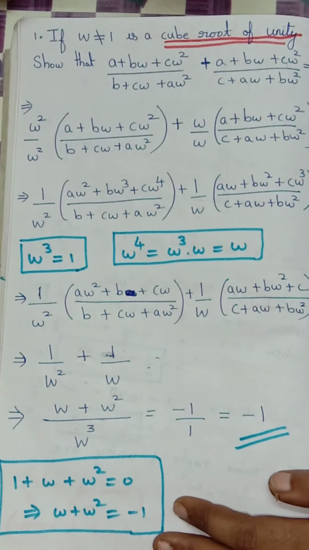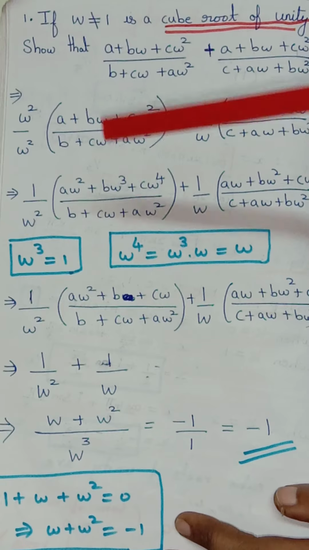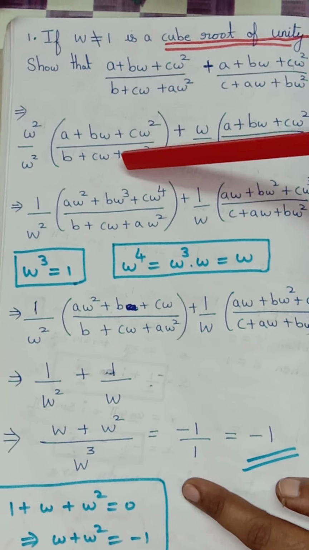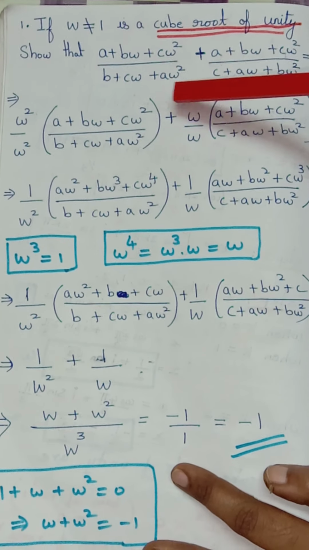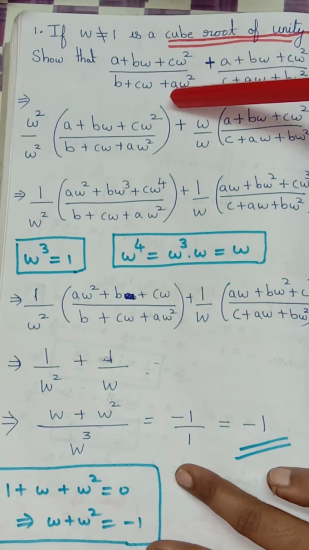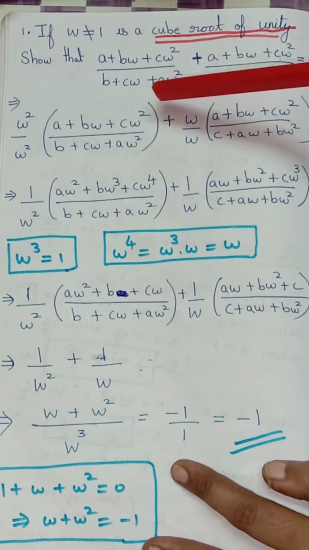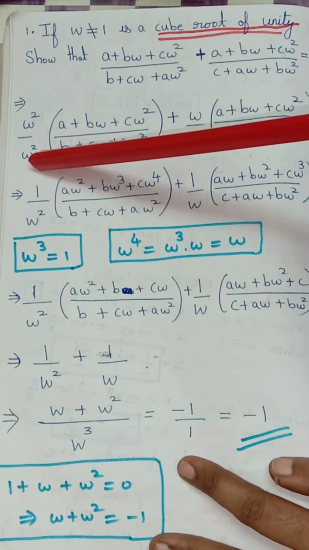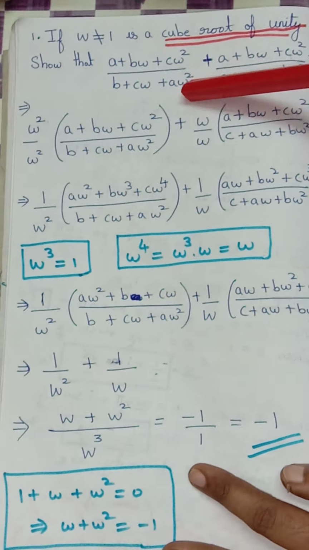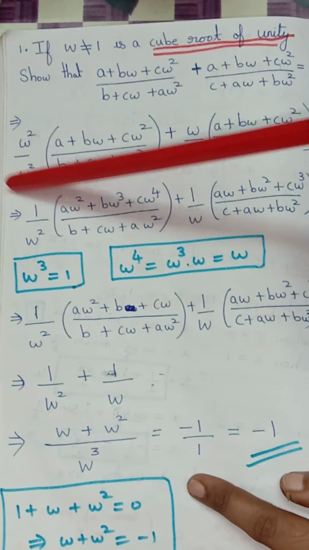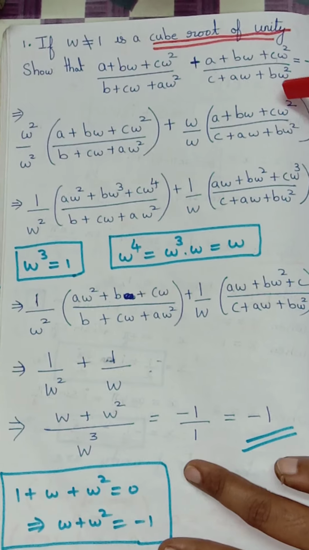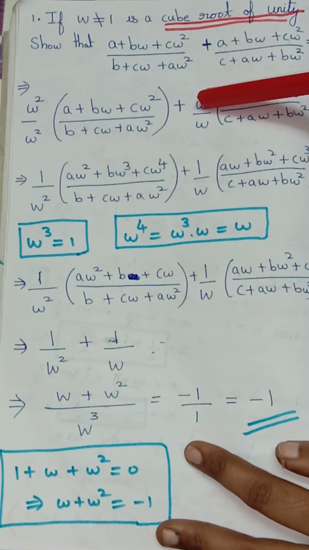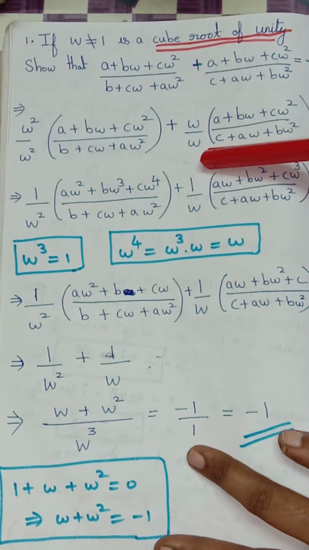Now, you may have a doubt how to remember this particular step. It is so simple. Somehow, I want to cancel the numerator and denominator. When I see the denominator, I have a term a omega square, which makes me decide to multiply and divide by omega square. Can you see here a omega square? That's why I have selected it. In the same manner, in the second term you can see here a omega. That's why I am multiplying and dividing with omega.